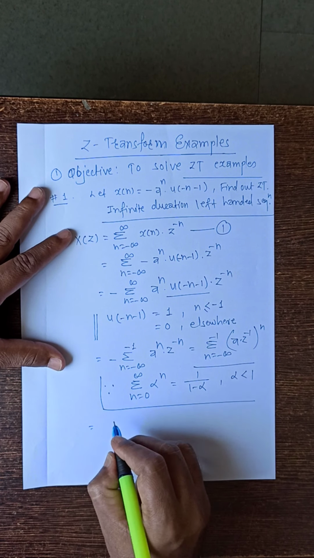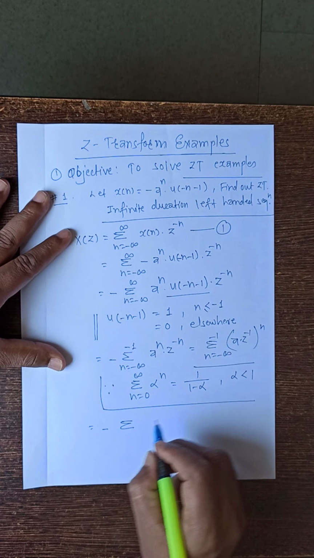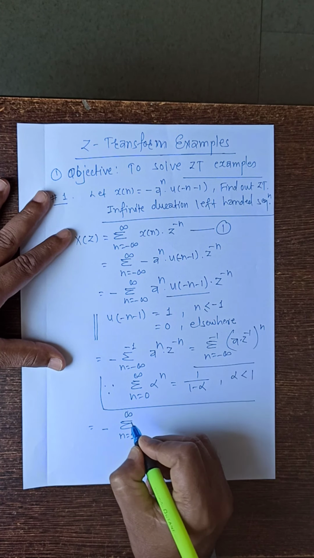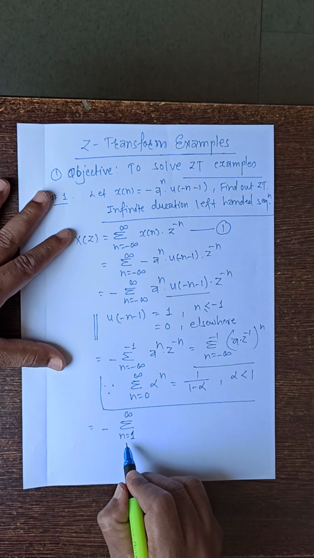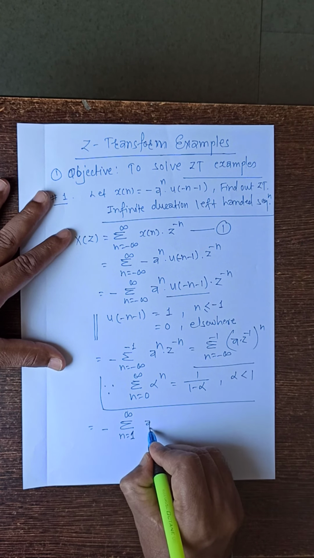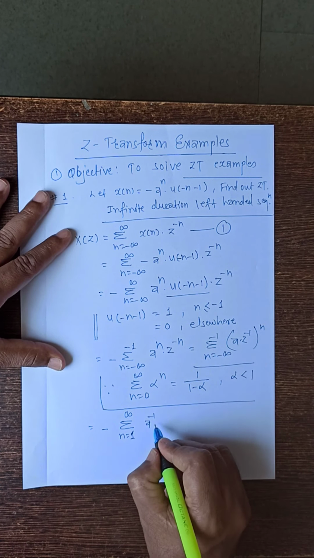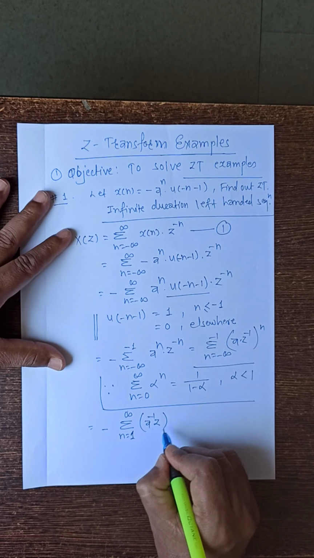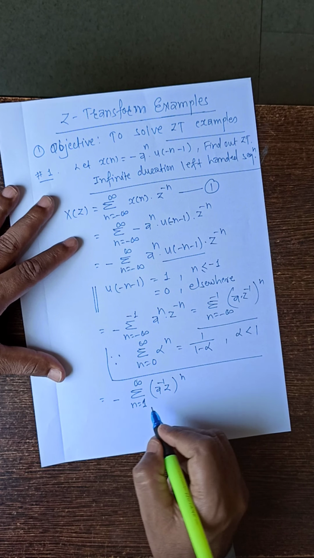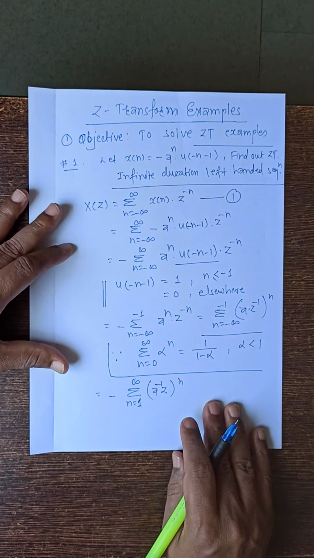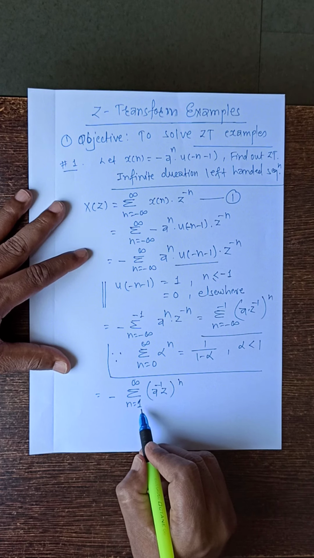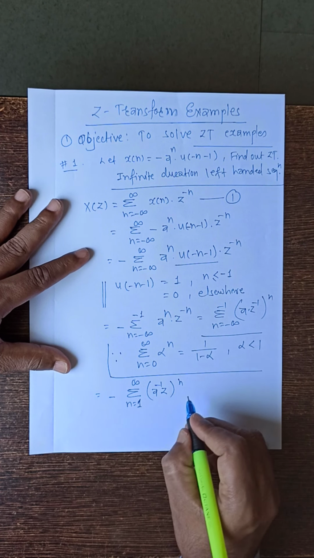Again, we will first change the limit. So minus sign, summation, the limit is going to be changed: n equals 1 to infinity. As the limit of summation is changed, that is, the sign is changed, the internal signs are also going to be changed. So a will now become a raised to minus 1, and z raised to minus 1 becomes z raised to n. So this will be the change. Again here n equals 1, but for using this geometric series, we have to add one more term, that is the 0th term here.